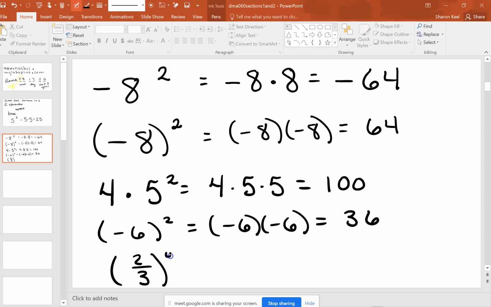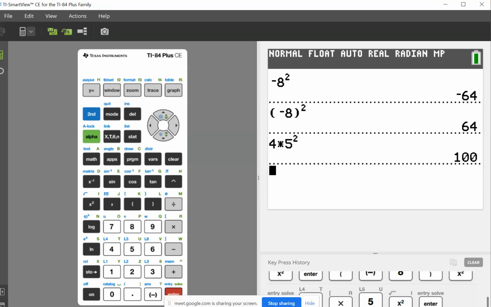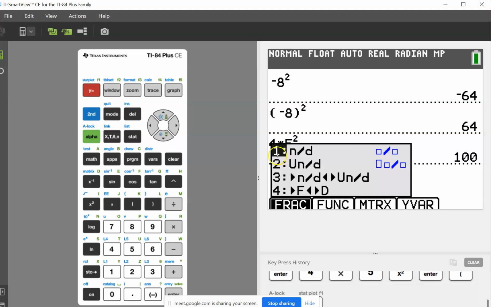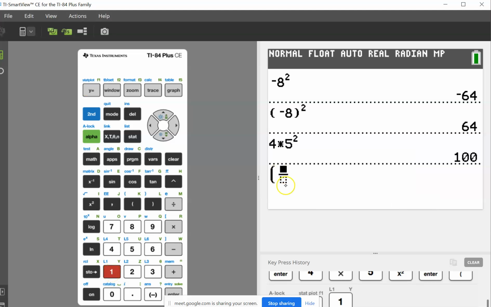2/3 to the 4th. So that means we're going to have that fraction 2/3 multiplied by itself a total of 4 times. Now let's look at how to type in a fraction. There's two ways that you can do it. I'm going to do the parenthesis first, and then here I'm going to press alpha, y equals. I'm going to choose number 1, which will give us the fraction,